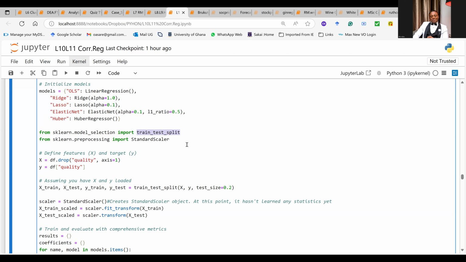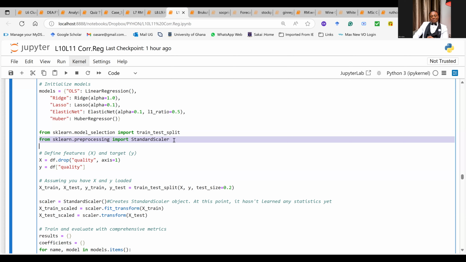Then you also have to scale the data if the need arises. Some of this data are too big, some are in millions, some are in zeros. So you have to bring them all into the same scale. So you have to import the standard scaler to do the job. And here you have to check whether you're going to use the normalization, the standardized one, or you're going to use the min-max, depending on what you're doing. But the standard scaler is the common one we are going to use.